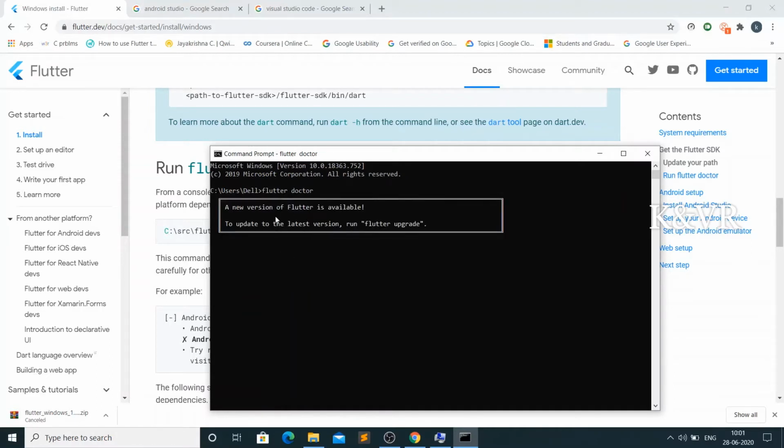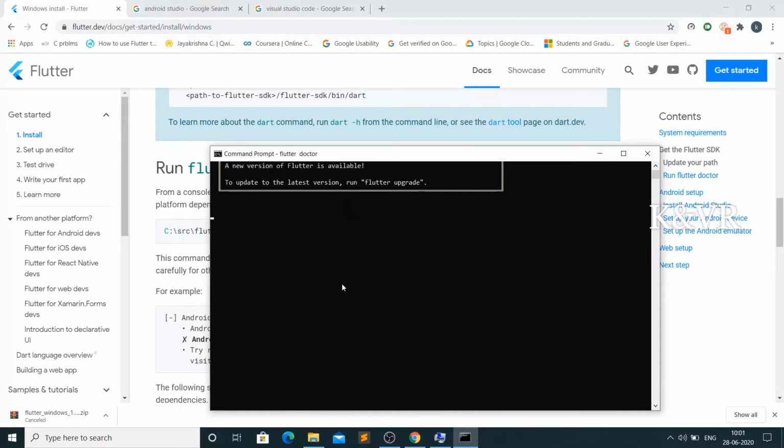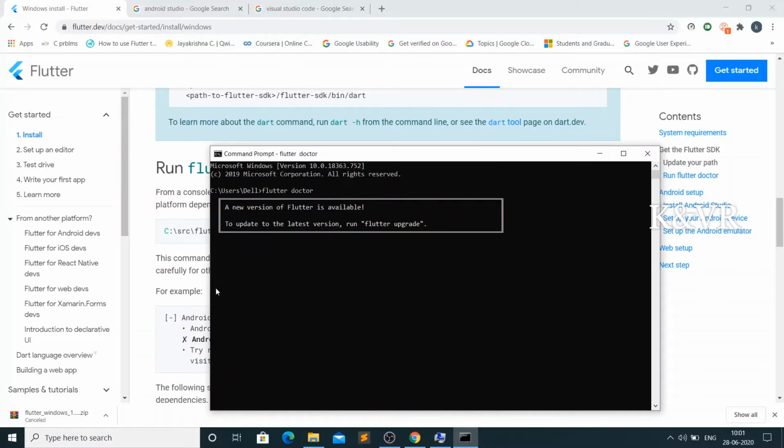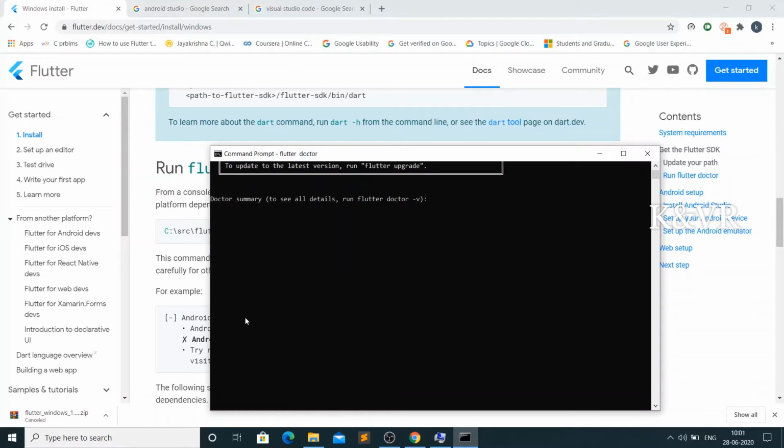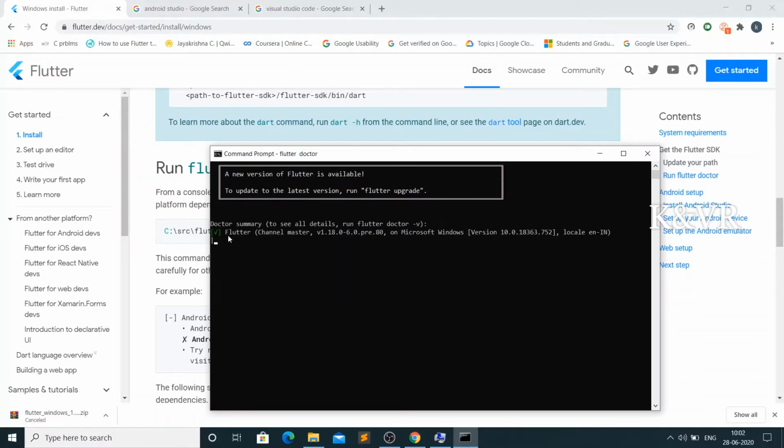Here is a new version of Flutter available. After that it will run. Four ticks will come, 4 or 5, I don't know.